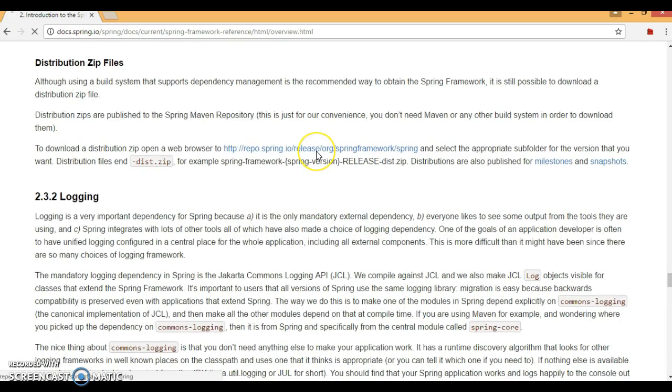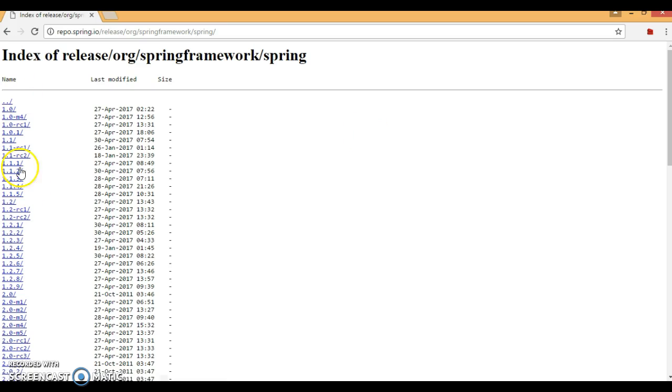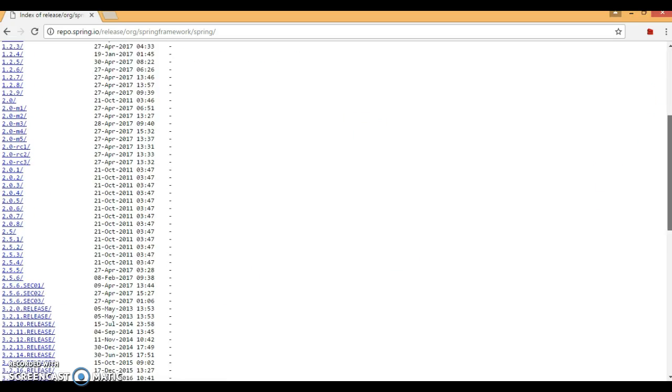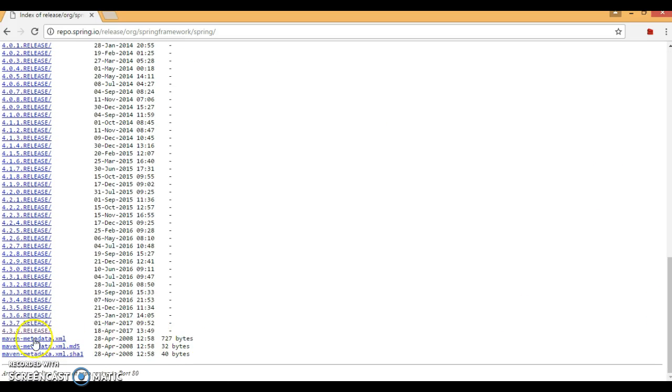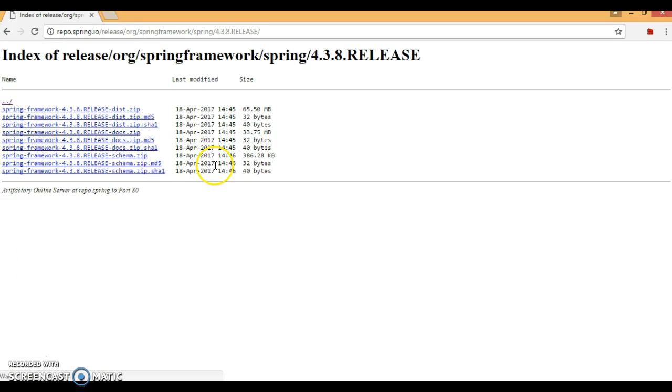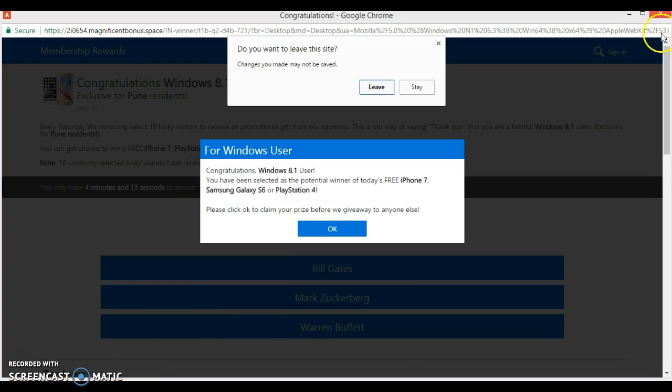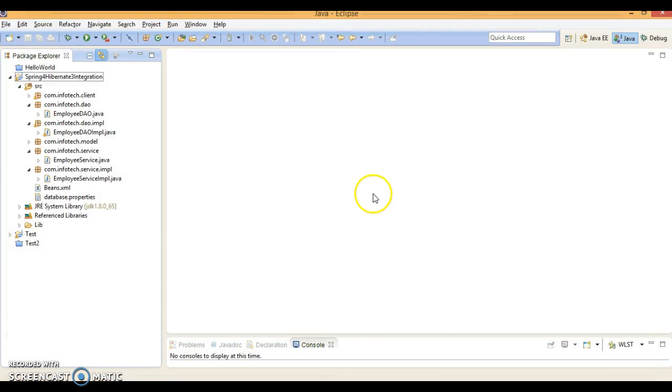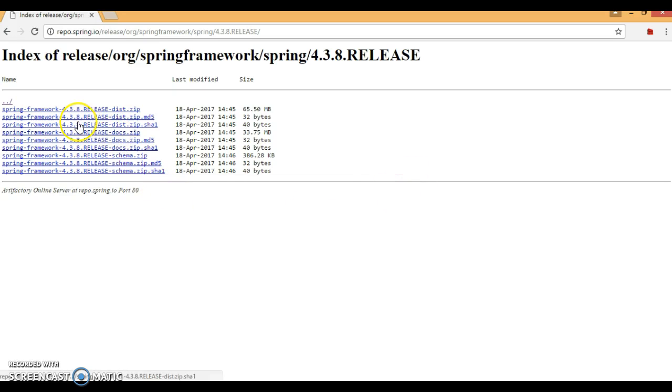So this is the location, and here you have the Spring distribution for different versions. The latest is 4.3.8. Click over here and you will be navigated to the next page, where you can download Spring version 4.3.8.